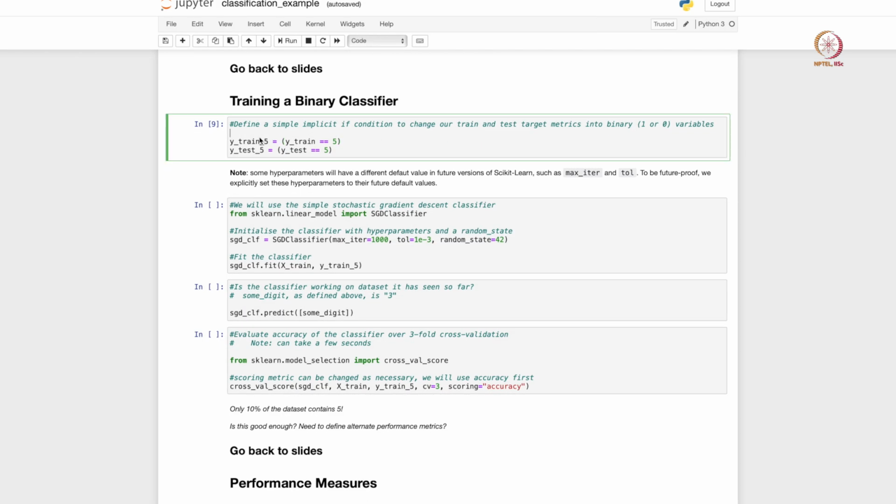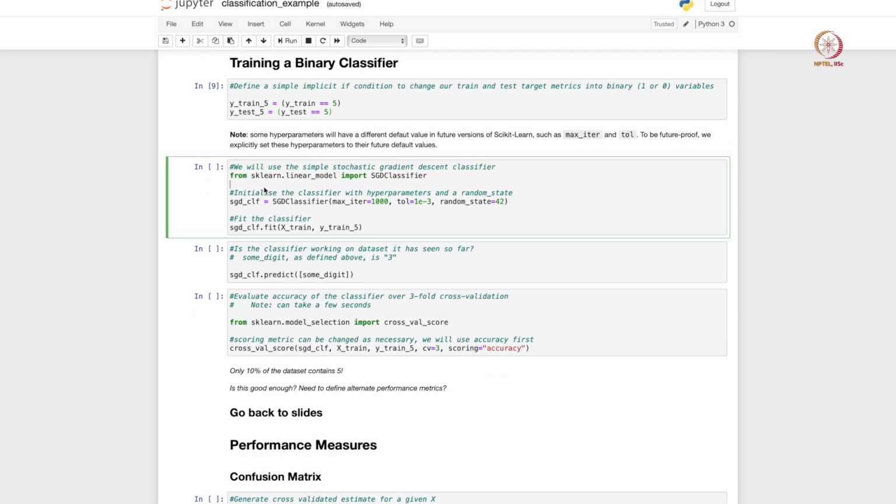Okay. So the first thing that we have to do is to modify our target variables. Our initial target variables are all numbers, so 1, 2, 3, 4, 5 and so on. Now we need our target to be either true or false. So if the target is 5, then it should be 1 or true. If the target is not 5, then the value should be 0 or false, right. That is what we do in this first code block. This basically assigns a value of 1 if the target value is a 5, and if it is not 5, then it assigns 0, right. We do it both for the training and the test target values, right.